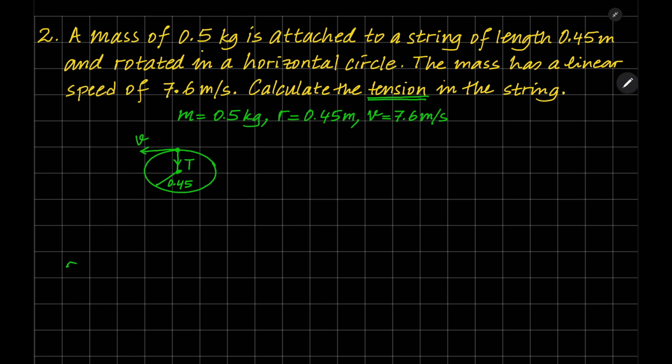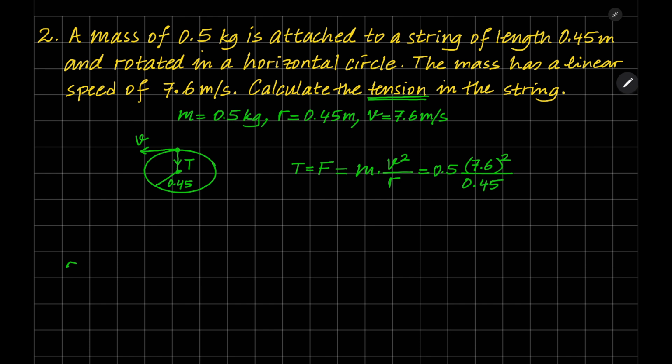The tension in the string is equal to the centripetal force, which is equal to mass times linear velocity squared divided by radius, which is equal to 0.5 kilograms times 7.6 meters per second, 7.6 squared, divided by r,